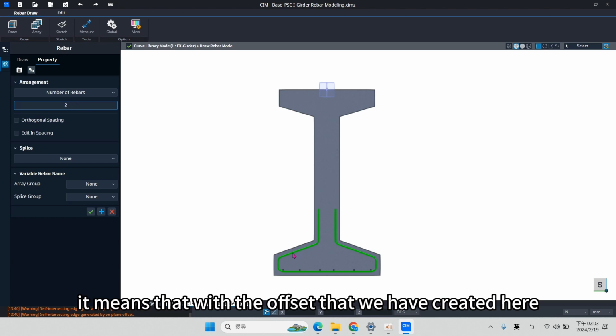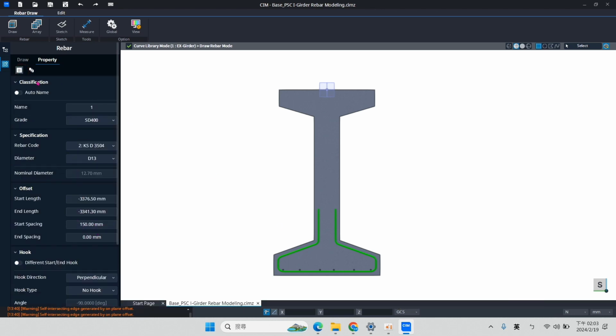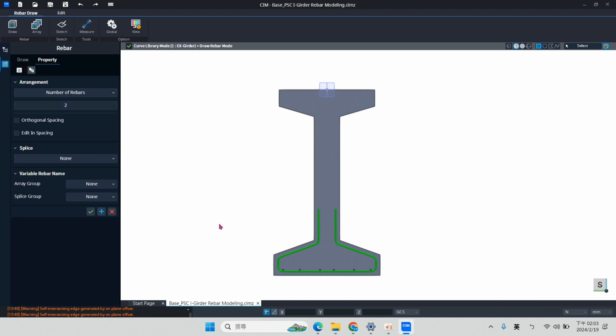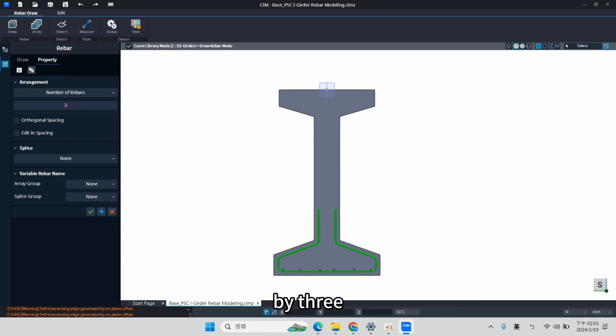It means that with the offset that we have created here, the length will be automatically divided by 3, so that we will have 2 rebars in here.